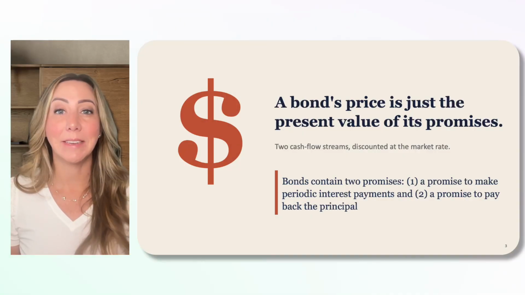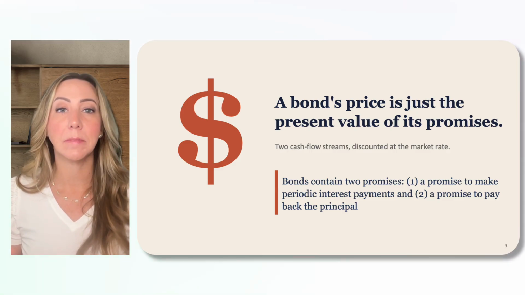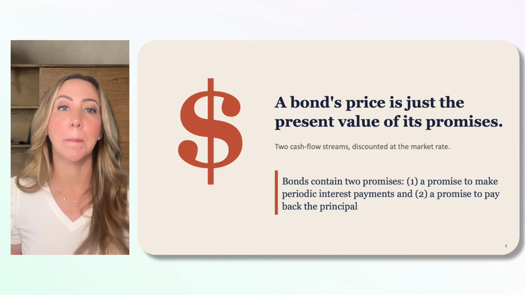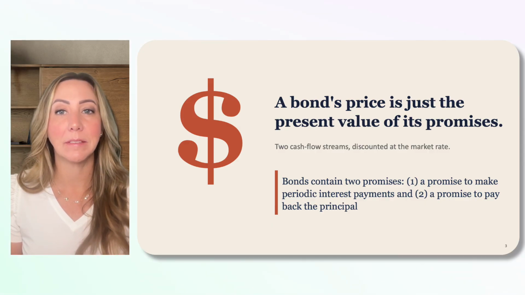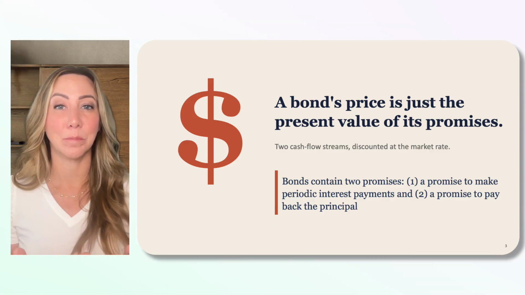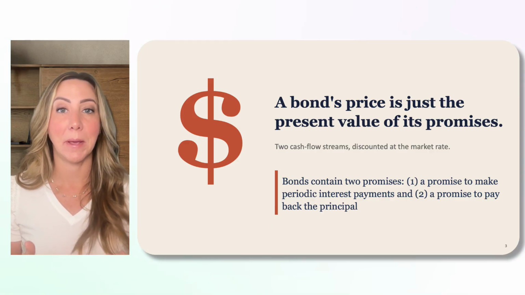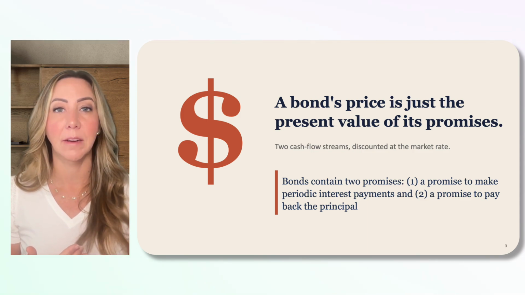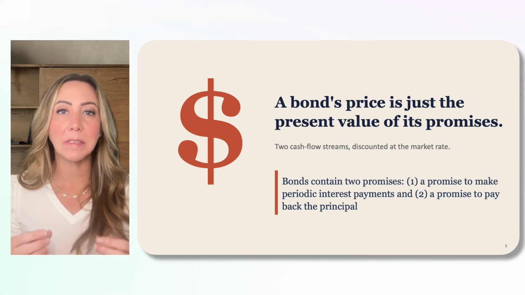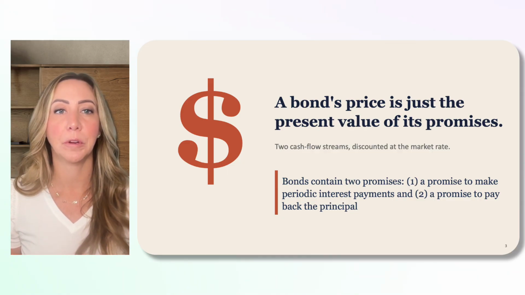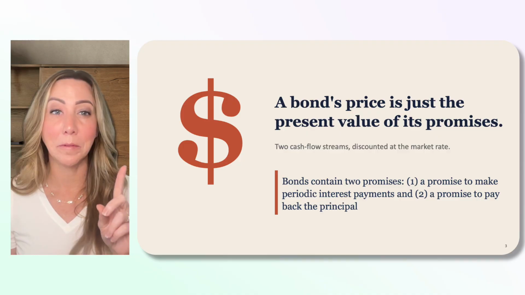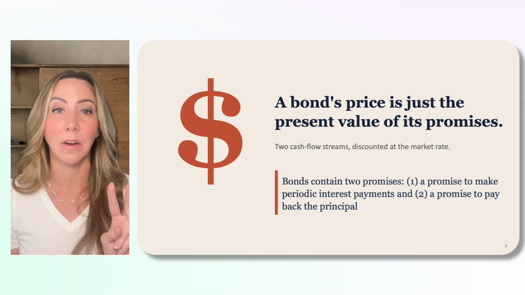I want to emphasize the wording here because it can be confusing. If a company sells or issues a bond, sell and issue mean the same thing in this case. They are selling a promise. In fact, they're selling a set of promises. The company promises to pay bondholders a fixed amount of interest every 6 months, and it also promises to pay back the amount that they borrowed, or the face amount of the bond, at a specific maturity date down the road. That's two promises, a stream of interest checks plus a single payoff at the end.